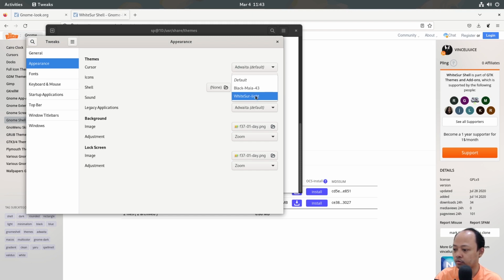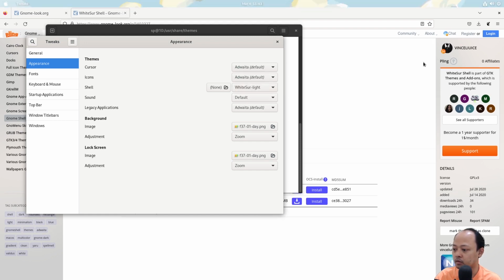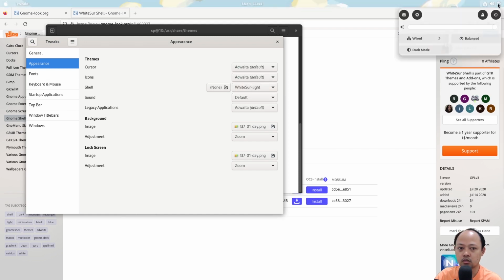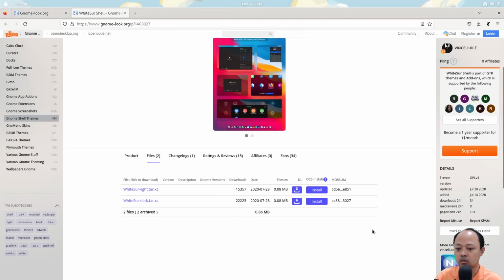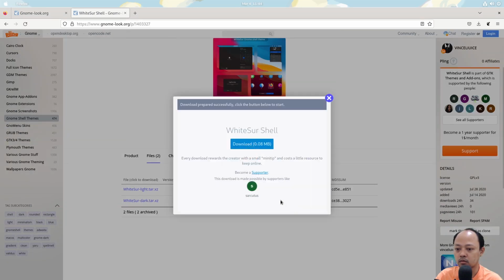We can activate this shell theme, and let's check the changes. And this is the result from whitesur-lite. It's not good, so I will try the WhiteSur dark. Download.